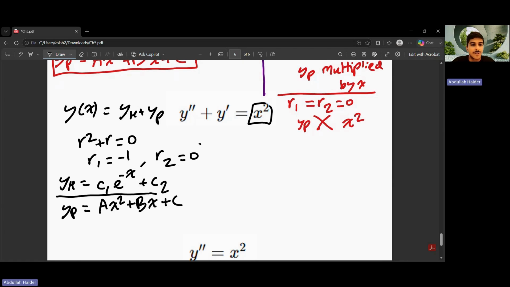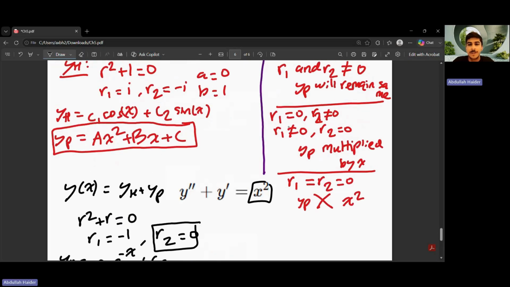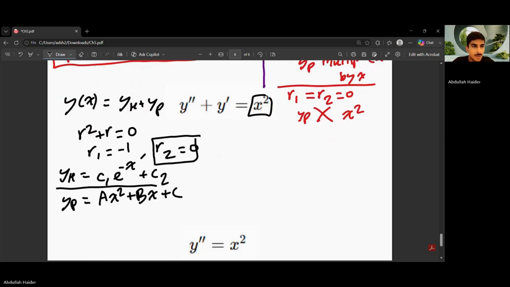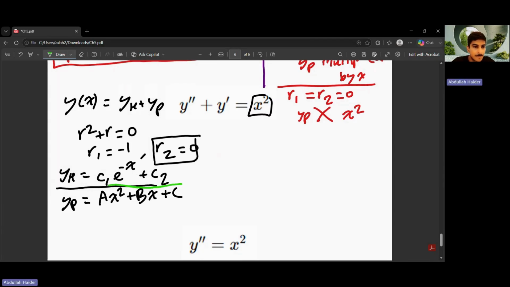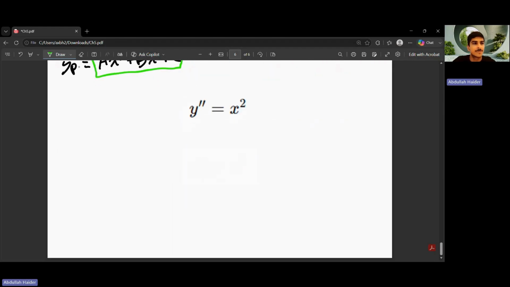We have r2 equal to 0, which means, as I stated, basically one of the r's is 0, then you multiply yp by x. So you multiply yp by x, and then the final solution is that you add them up. So the last case,